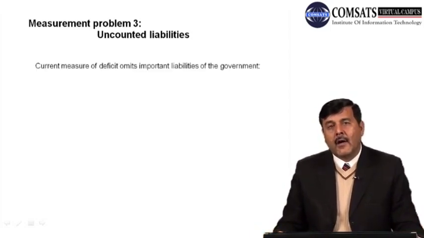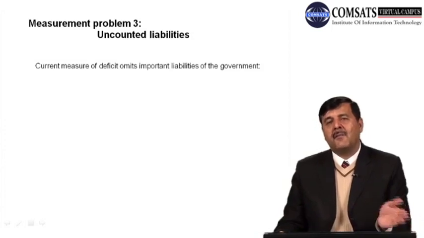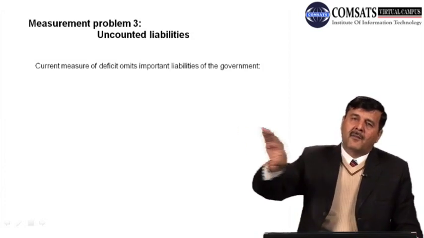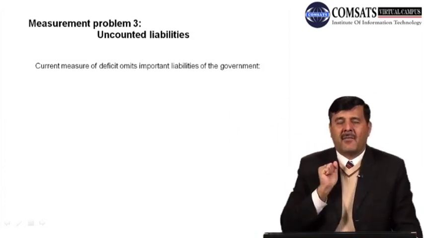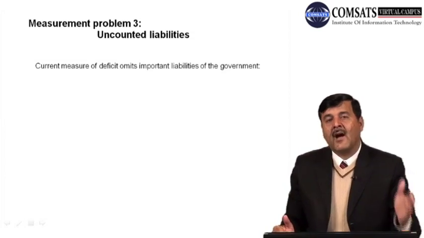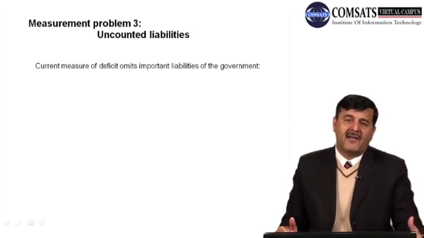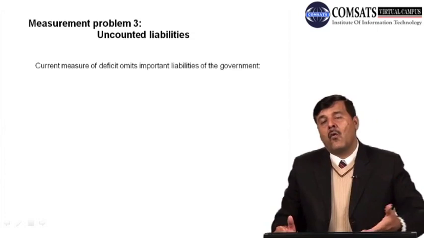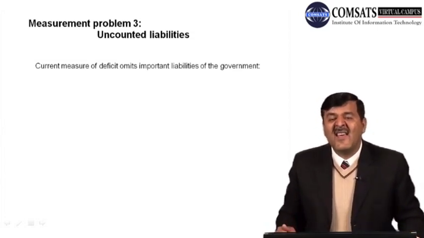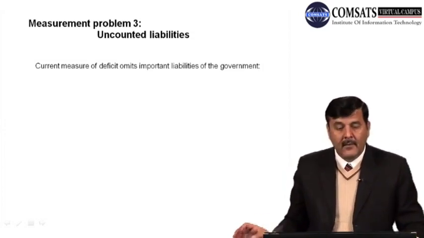Now what are those liabilities? उनकी हम बात करते हैं स्लाइड में। Current measure of deficit omits important liabilities of the government. जो current measure जिसकी हमने बात की, जिसमें हमने कहा कि cumulated deficit, cumulated debt over the time period, basically is the debt, के मुख्तलिफ टाइमिंग्स में जो debt में इजाफा होता जाता है उसको हम deficit का नाम देते हैं। So that is the current measure जिसकी हम अब बात करें। But this current measure of deficit omits important liabilities of the government। बहुत सारी ऐसी important liabilities हैं जो गवर्नमेंट को करनी पड़ती हैं और उसको इस measure में शामिल नहीं किया गया, तो जिससे हम कह सकते हैं कि the calculated deficit is not properly measured।